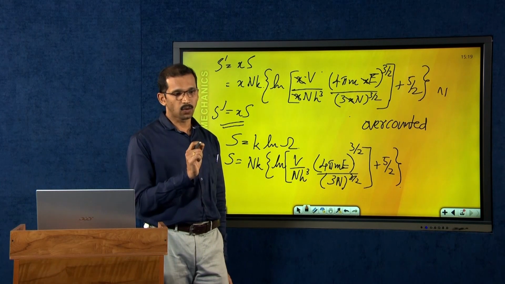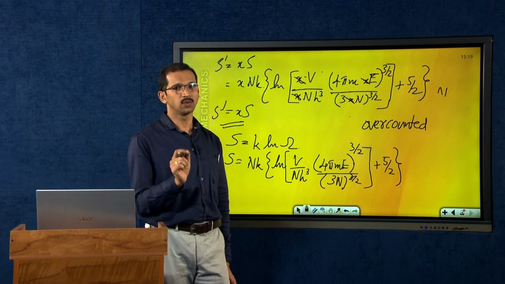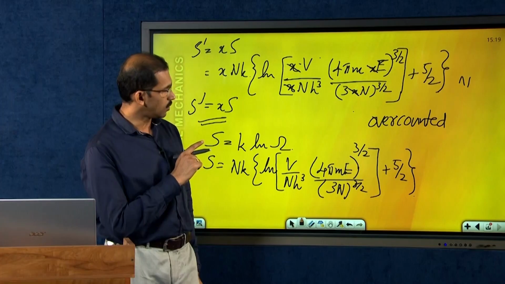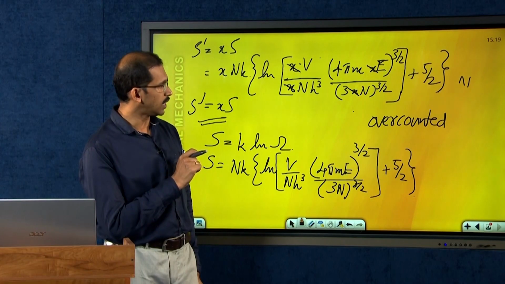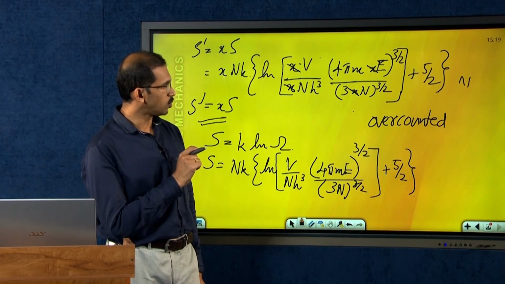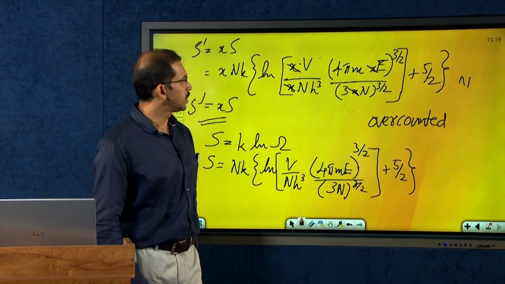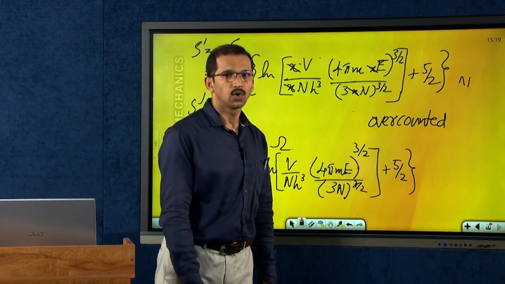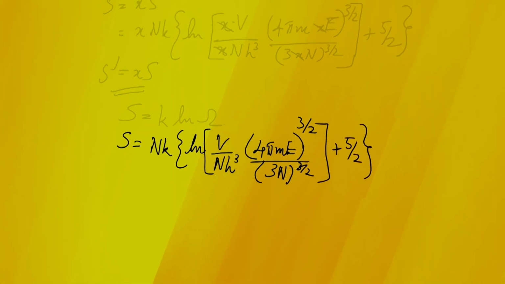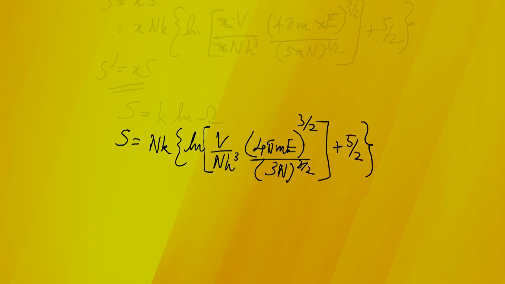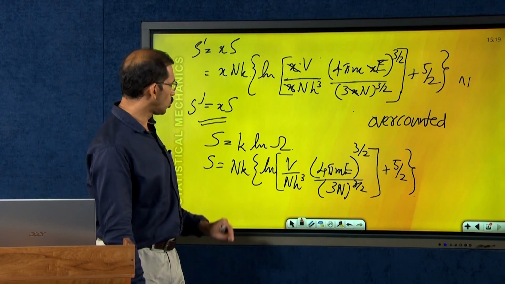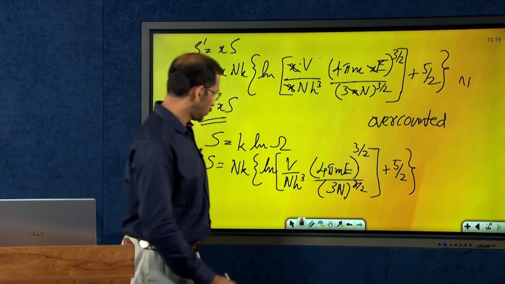So, we assume that all the identical particles should be distinguishable, which is not correct. Now, the moment we found out that the identical particles could be considered as indistinguishable, the Gibbs paradox is now being solved. Now, if we put in this expression for the entropy, this was the expression for the entropy, if we put now